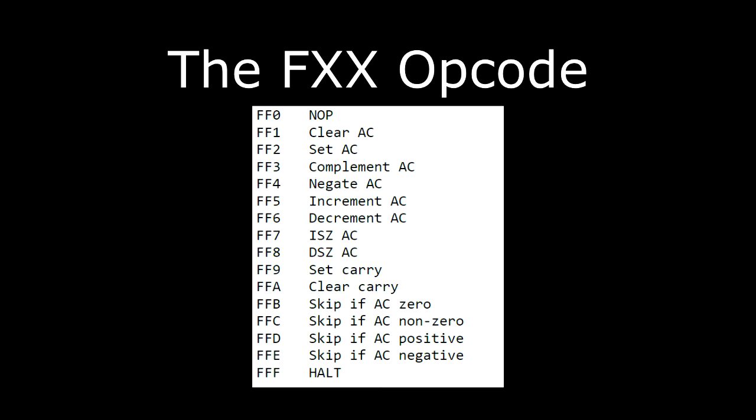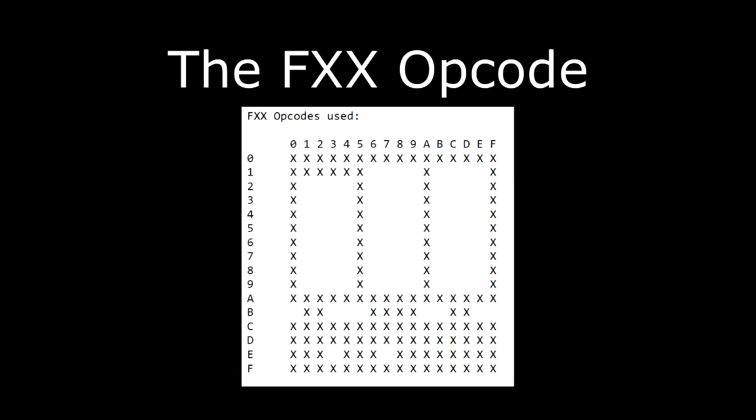These are, as I mentioned before, the replacements for those branch if positive, 0, negative. Skip if 0, skip if non-0, skip if positive, skip if negative. And FFF is halt, and so, of course, that freed up the 0 opcode. Now, this shows the map of the opcodes that are currently defined. This is preliminary still, but you can see there's still room to add more functionality in here, should one so